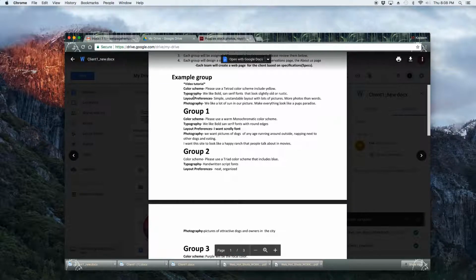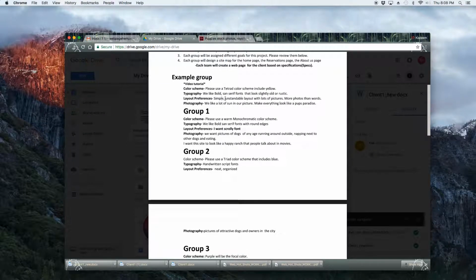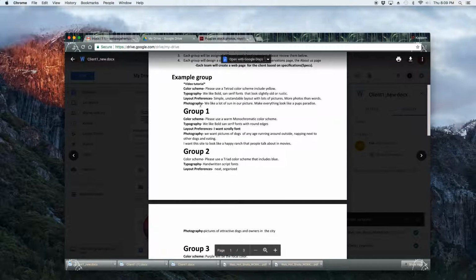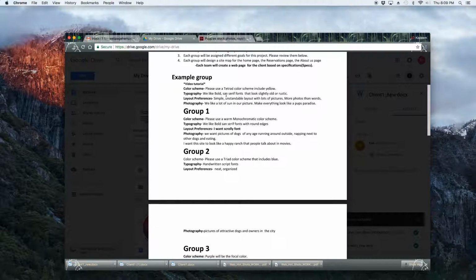For the typography, they said we like bold sans serif fonts that look slightly old or rustic, which means it looks a little worn. For layout preferences, they want simple and understandable layout with lots of pictures, more photos than words. So everything is basically laid out here, and we're going to go through each one to show you how you'll be able to design a website